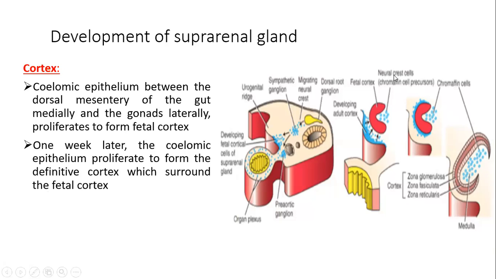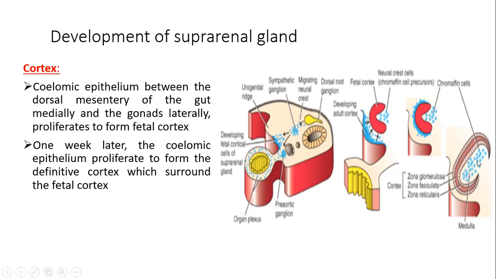So these neural crest cells are nothing but the nerve fibers, which are the postganglionic fibers here. The postganglionic fibers are forming the medulla, and the adult cortex will be divided into 3 zones. Zona glomerulosa outside, in between is the zona fasciculata, and the innermost will be the zona reticularis. So these are the 3 zones of the cortex, and the inner part, which is coming from the neural crest cells, which are nothing but the nerve cells, postganglionic fibers, also called the chromaffin cells, will form